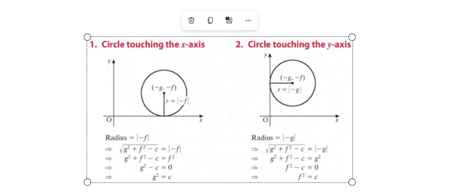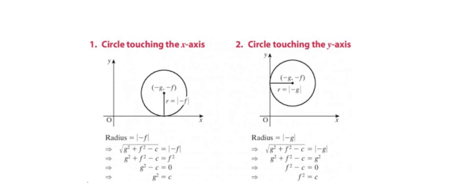Hiya folks, this video is about circles touching axes. So you see in 1 and 2 here, the first one is the circle touching the x-axis. What you should be seeing is that the radius has to be the same thing as the y coordinate, because that's just how far up the y-axis it is. So therefore,